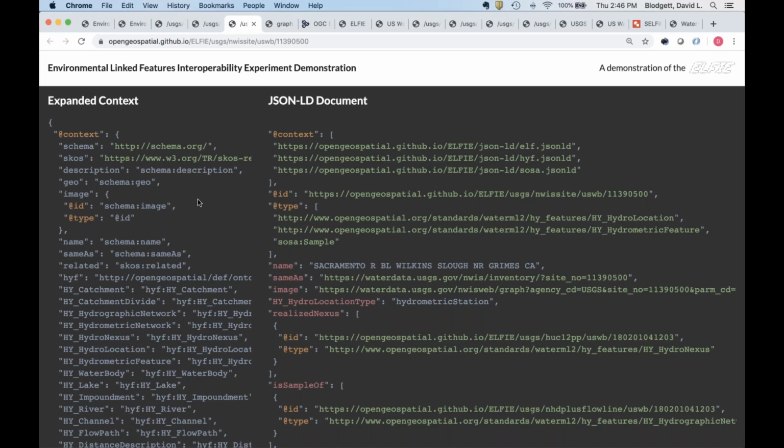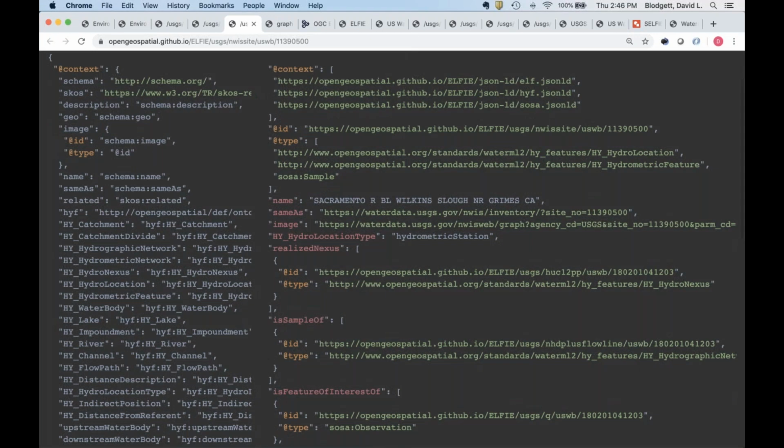That's some of the very recent work going on in the second environmental linked features interoperability experiment: to move on to publishing more domain ontologies and then get those published as JSON-LD contexts, so we have more keys to reference.